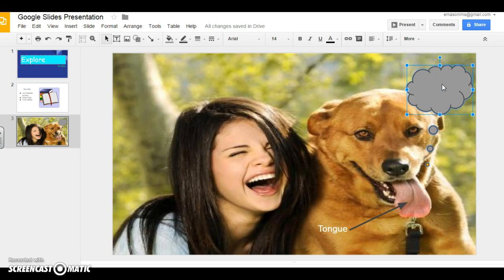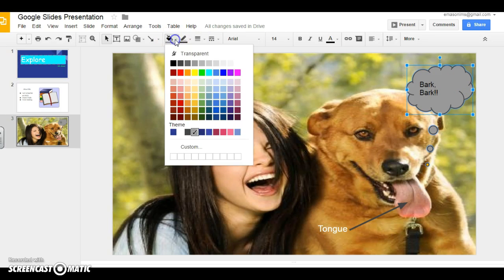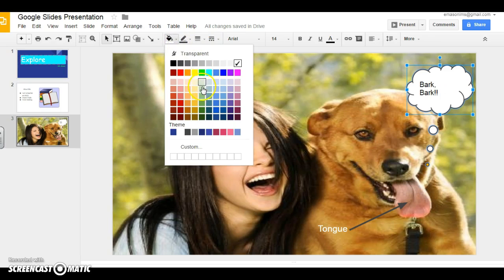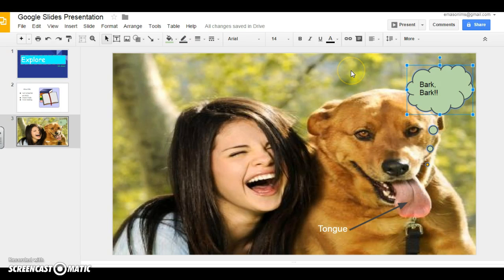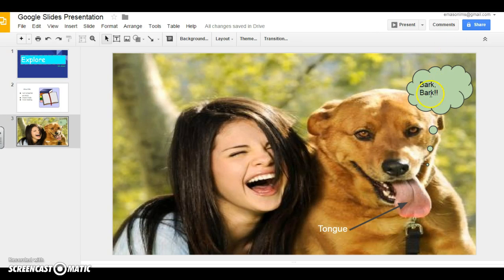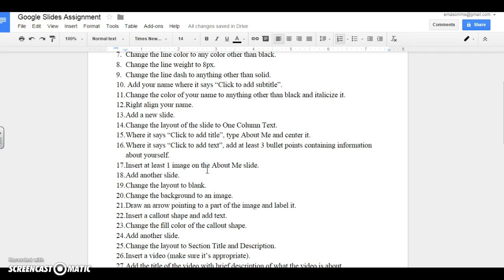And then inside there, once you're ready to type your text, you just click in there and type what you want it to say. And then once you click out, you can also change the fill color and all of that if you want to, just by clicking on it and going over to the paint bucket. And you can pick any color you want. Alright, step 23. Oh, whoops, I already did that for you. It said change the fill color of the call-out shape. Again, just a reminder, if you want to do that, you click and then you just select a different color here. Step 24